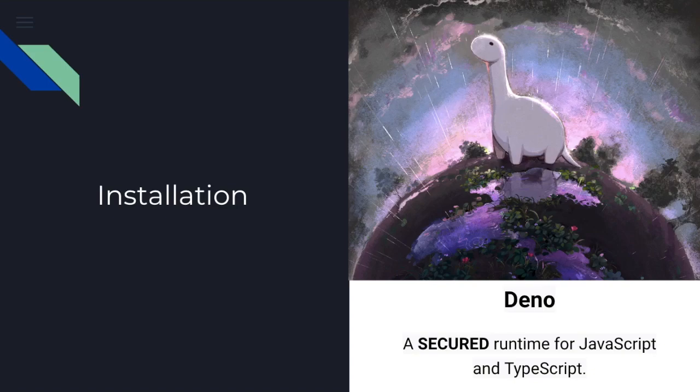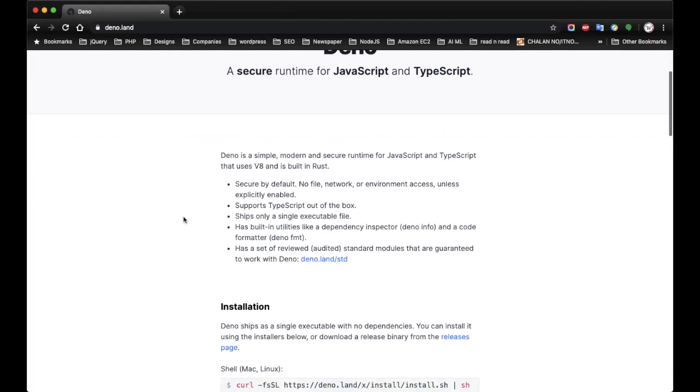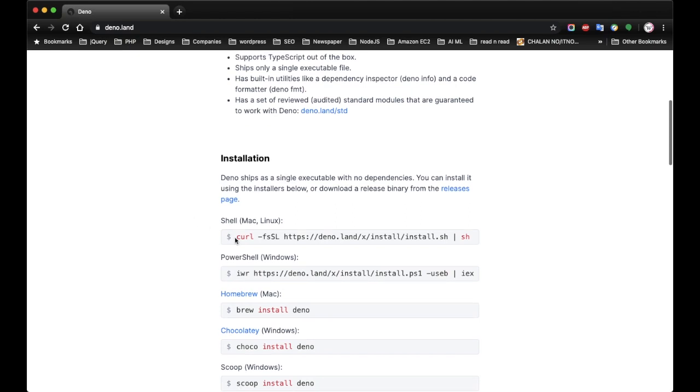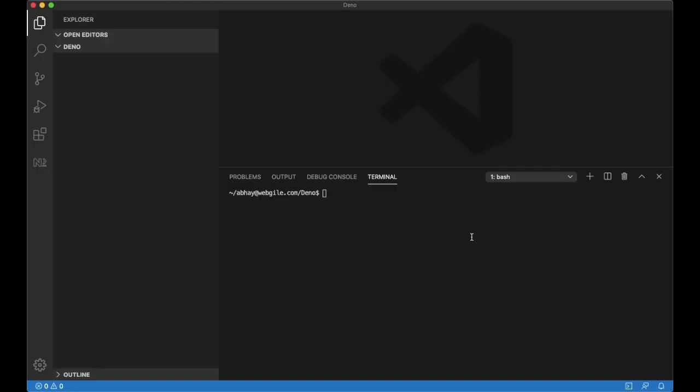Installation. Deno ships as a single executable and does not require any dependencies. We will install it using these shell commands, which can be found on the Deno land website.